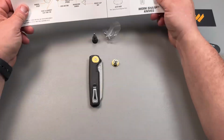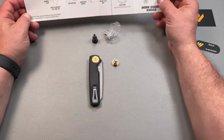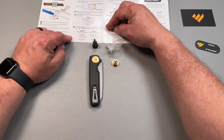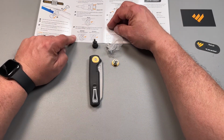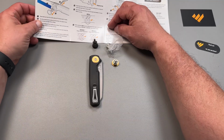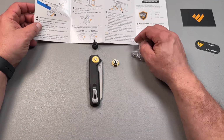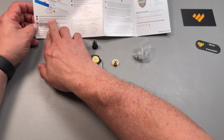I've seen so many people who did this and had issues, and it seems the issue is usually lining up the little pieces. You have to put it in, then you have to rev up the spring, and that usually gets it to work. So first thing you have to do is open the cover,